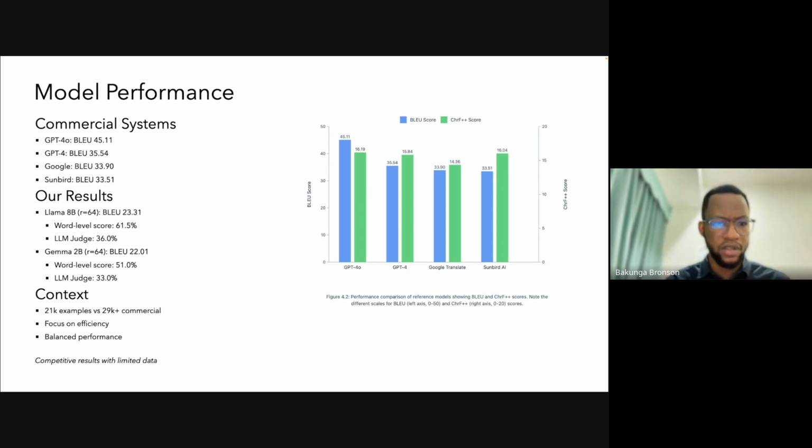And so some of our results, as we're going to see later on, is that on the word level, we were able to achieve 61.5%. And we're also going to see that, on an LLM as a judge basis, it's 36%. That's also going to be explained in detail, but this is just to give you a high level overview of everything. And so if we move to the next slide,